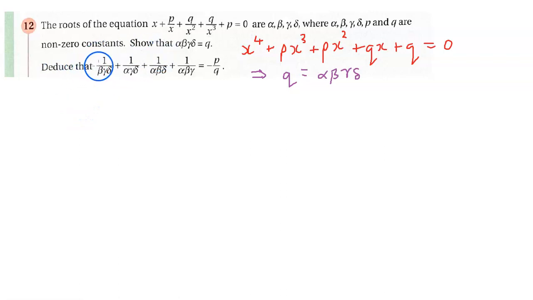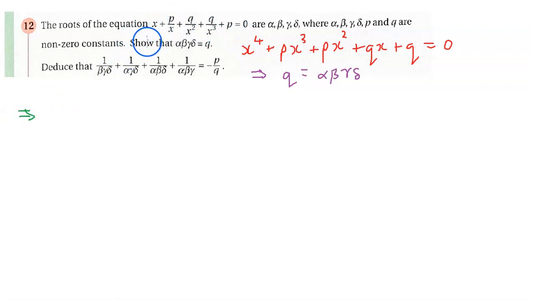For the second part, it says deduce that 1 divided by beta, gamma, delta plus 1 divided by alpha, gamma, delta, etc. All combinations of 3 of 1 divided by each of the 4 roots added together should equal negative p divided by q. So we could do this by making a substitution, and you can actually quickly see from this equation